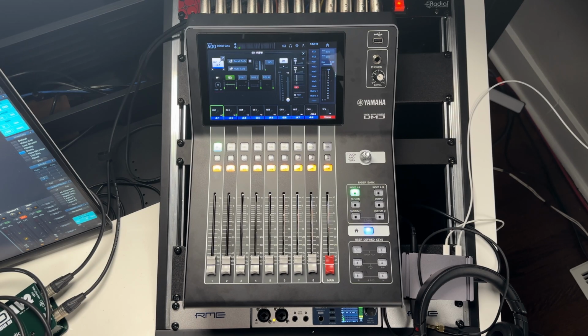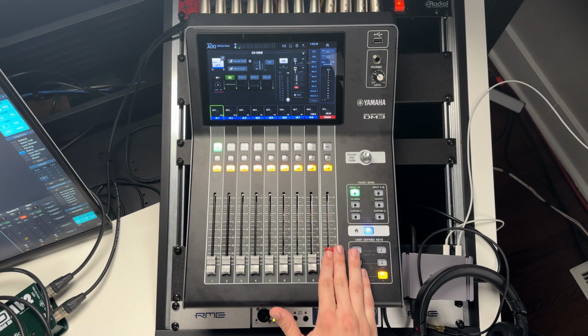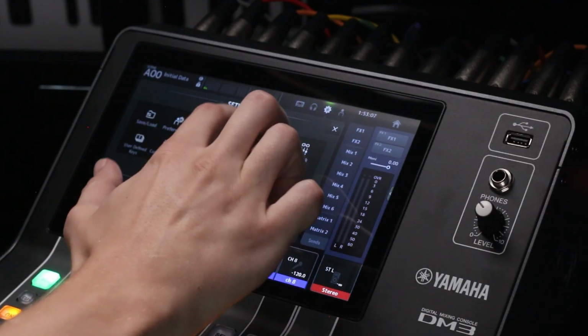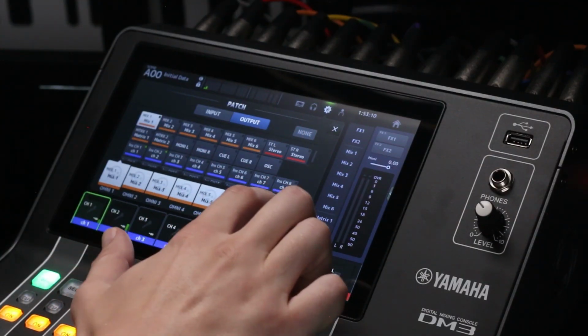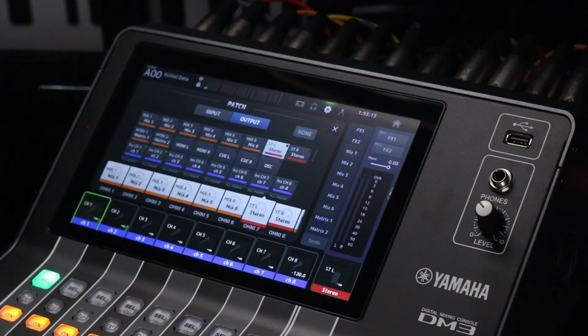The main speakers for the audience would typically be connected using the main outs controlled by the main fader, sometimes called the master fader. But this is one key difference between analog and digital mixers. While analog mixers have predefined hard-patched outputs for each output bus, digital mixers allow for more flexibility, especially Yamaha's digital mixers, which have Omni outs. By default, Omni outs 7 and 8 are patched to be the stereo left and right output that's fed by the main fader. This can be changed to be any Omni out you want, or you can choose to stick